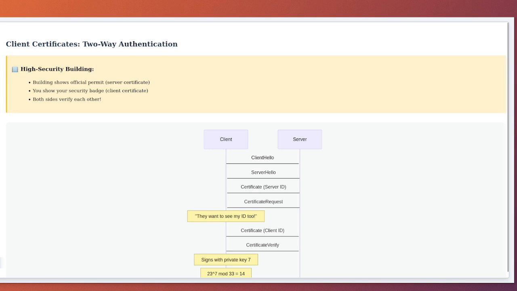Client certificates are commonly used in corporate environments, online banking in some countries, and government websites. Instead of just using a password, something you know, you also prove who you are with a certificate, something you have. It's two-factor authentication built right into TLS. Think of it like having a special ID card that's impossible to forge, stored securely on your computer or on a smart card. The process works like this.